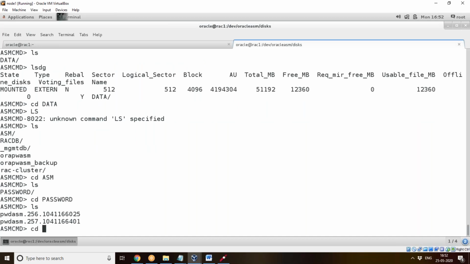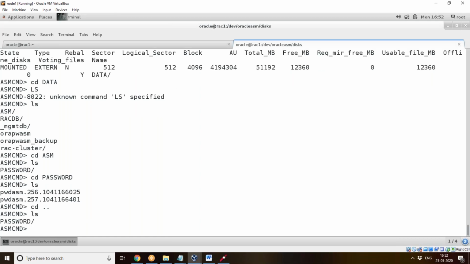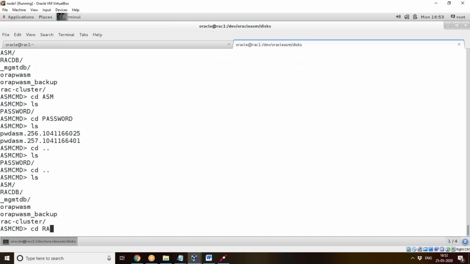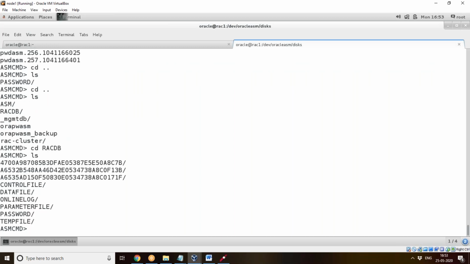Okay. Then we'll go to RACDB and list it. So here we have RACDB. See, all are PDB directory, PDB$SEED, root container. So my database contains PDBs. PDB1 I created, and the root container and the PDB seed. So all those machine names are there, and the control file, data file, online log file, parameter file, password file, temp file. So we saw that the grid plug and play profile contains the ASM SP file as well. So it will be there inside this parameter file.